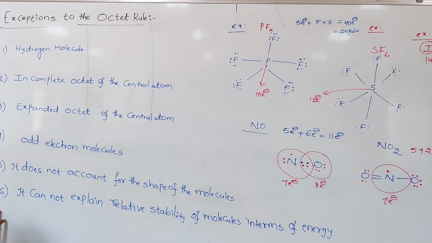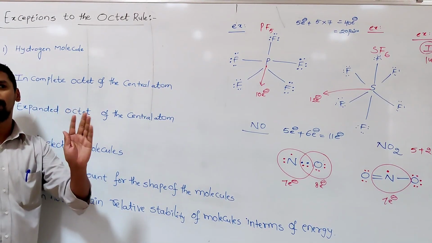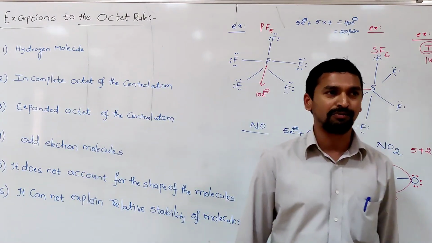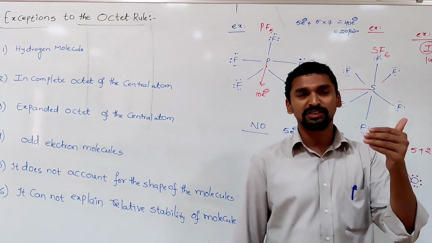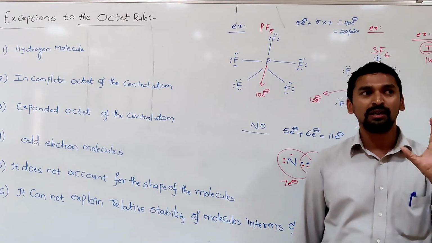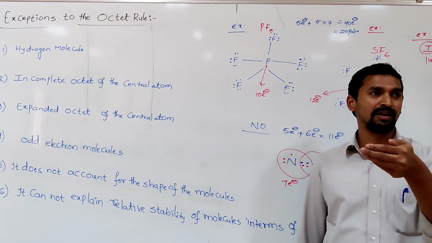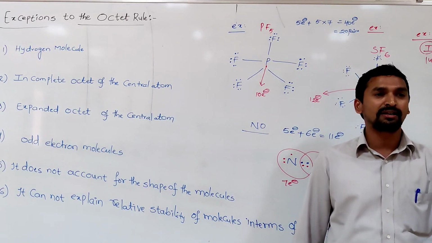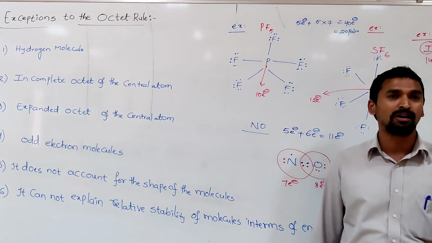And in addition to these, there is one more. The basic idea of this octet rule is based on the stable noble gas configuration. Initially, in the first lecture, I said very clearly, the very first question: why do atoms combine? To answer this question, the scientists took the noble gas configuration as the base. When we observe the noble gases, they have 8 electrons in their valency shell, and that configuration is said to be the most stable configuration.